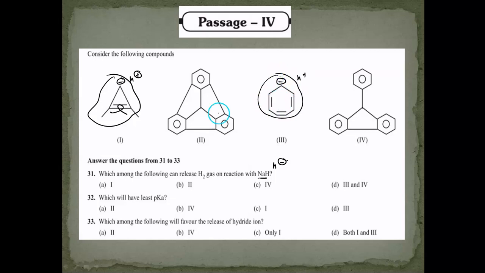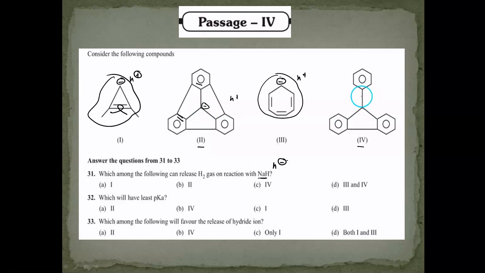So not possible. Now out of second and fourth, over here, if this central H plus is gone and this is negative charge over here, we can see that if this ring is aromatic, then the other ones are not. Plus, because of the constraint that all the rings have to be in one particular plane, there is a repulsive strain which is there. So this is highly strained, so not possible formation.